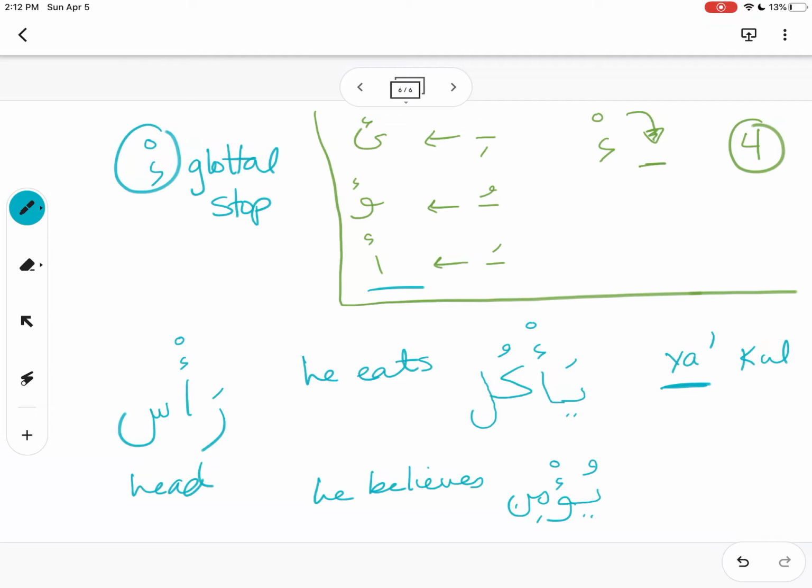Let's do one more. Bi'r. Bi with the glottal sound. Bi'r. Ba here is making a kasra sound. So it's going to sit on a ya chair. Going to connect it the way that you would connect a ya. Sukoon. And then the ra. So when it has sukoon, it's very easy. Whatever the vowel is before, it's going to sit on that corresponding long vowel. Okay? And those are the rules of a hamza. In the next lesson, we are going to do the last couple of markings that we